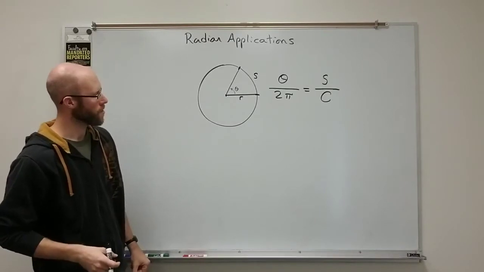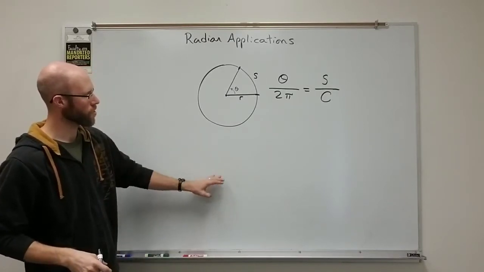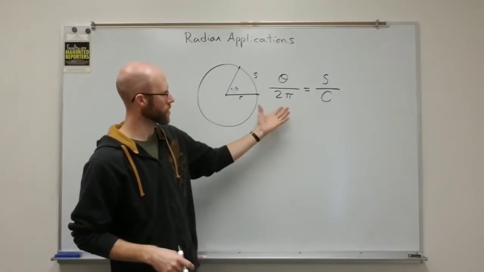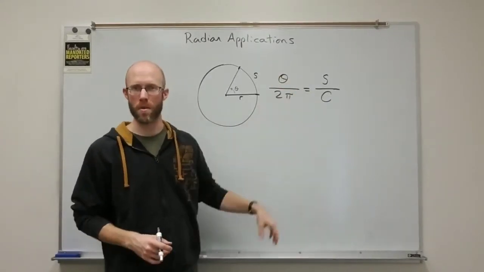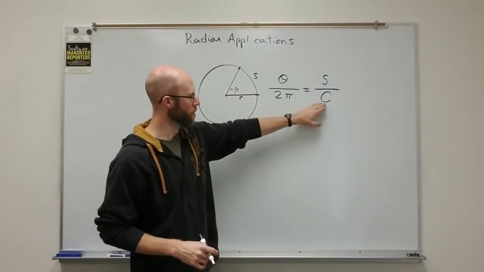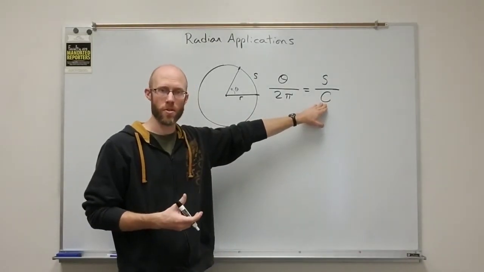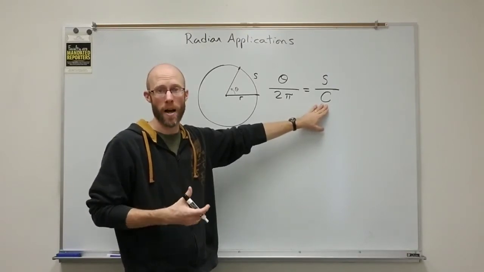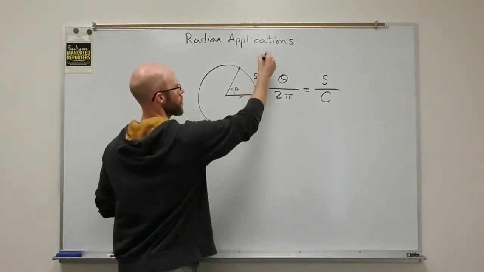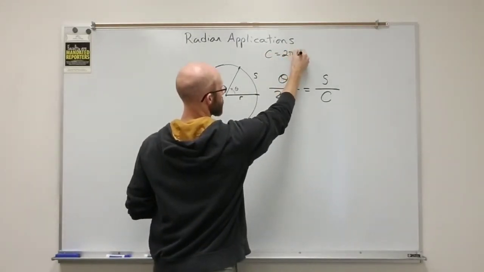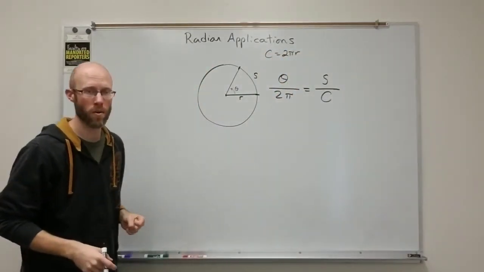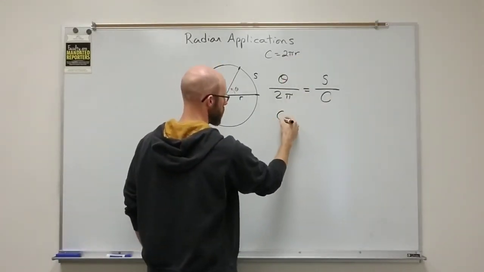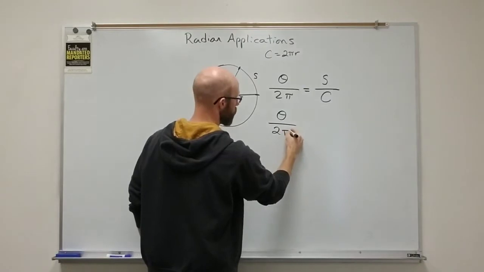Okay? And so if I wanted to solve this, it's kind of messy. It's got a lot of variables and some other stuff in it, but I'm going to solve this by first replacing the circumference by a formula that I know it's equal to, namely 2 pi r. I know that the circumference is 2 pi times the radius. We talked about that in a previous video. And so if I were to replace the c with 2 pi r,